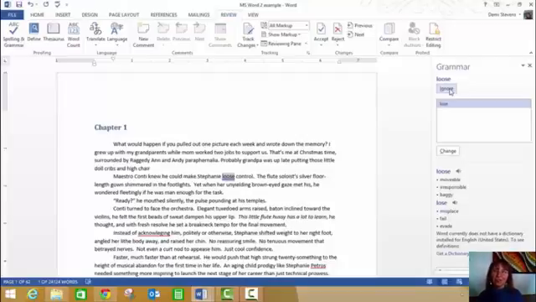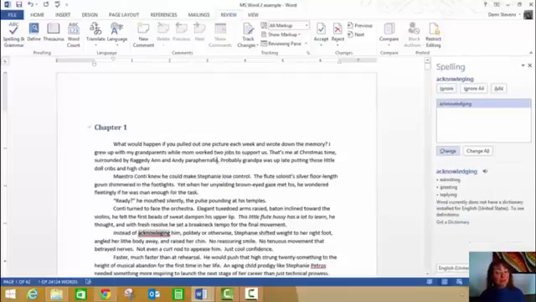our comments area. If you're thinking Microsoft Word might be off the game on a suggestion that it makes to you in spell check or grammar check, pop a question to us. All right, now, as soon as I chose ignore, it moved me down to the next opportunity for me to correct an error. Maestro Conti knew he could make Stephanie lose control, but I've written loose control, and indeed, this time they are right. I need to change loose to lose, so instead of clicking ignore, I'm going to click